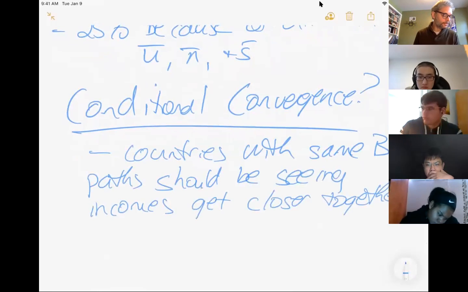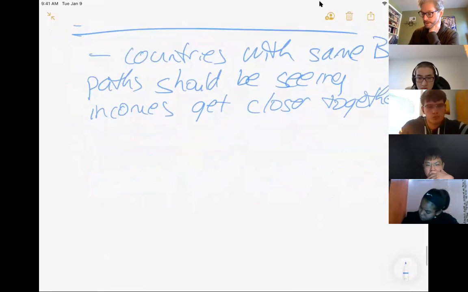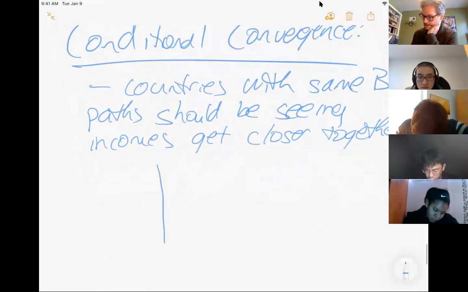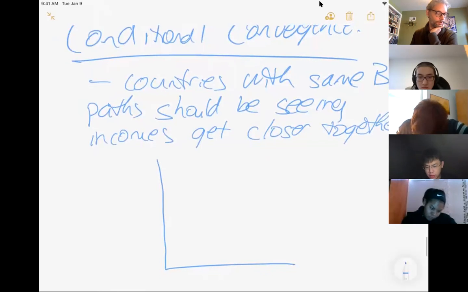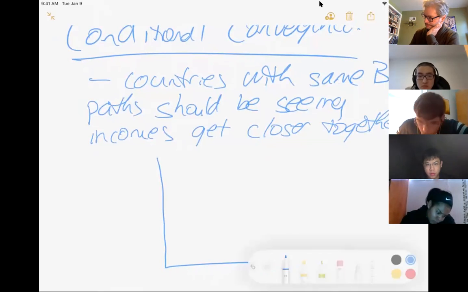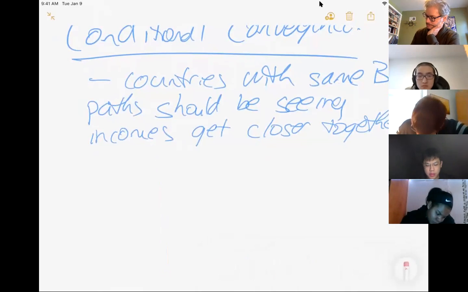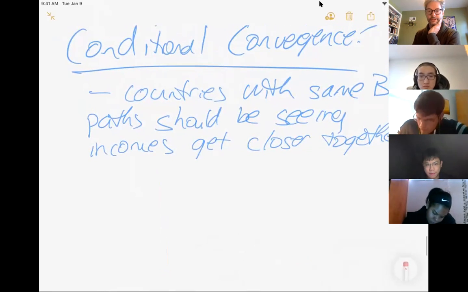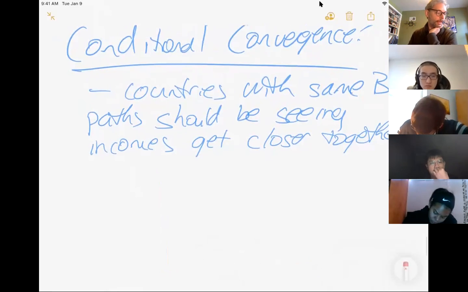Should be seeing their incomes getting closer together. So there is a way here in the model that we can actually do that. One way that we can look at whether conditional convergence is happening here is to calculate